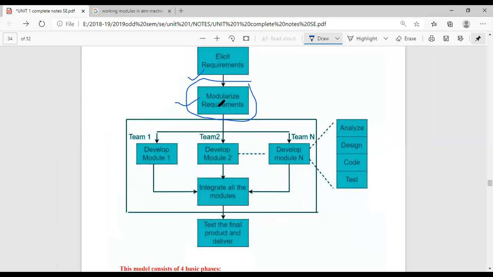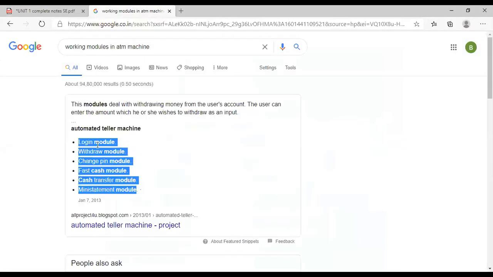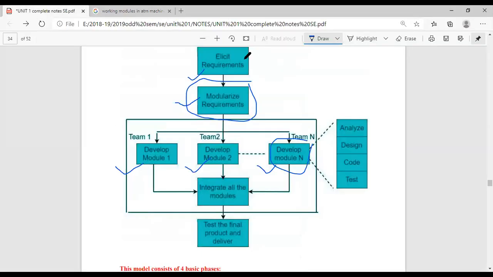Suppose the first module is login, the second module is changing password, and we have n number of modules. For example, we have 6 modules here: login, withdraw, change pin, fast cash, and transfer, right? So your entire software is divided into modules. Then the first module is developed by team number 1.